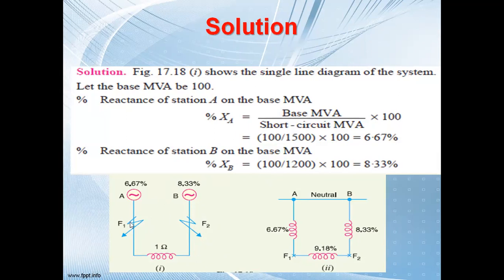Now let us say the fault is occurring at this point. What should be the short circuit MVA? How to calculate it? What should be the percentage reactance in that case? Fault is occurring here, so these two reactances will be in series. Yes or no? Please tell me if you are having any confusion or want to raise an objection. These two reactances will be added. Then the equivalent reactance of these two branches will be in parallel with this branch. So then we'll be able to calculate the equivalent reactance between the point F1 and D.